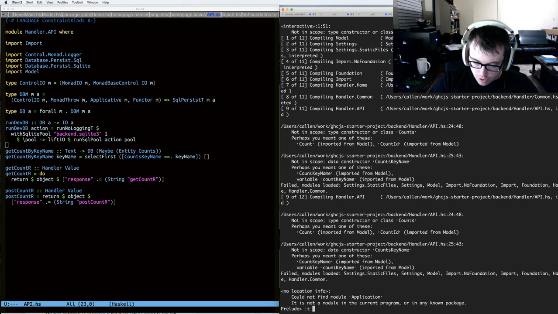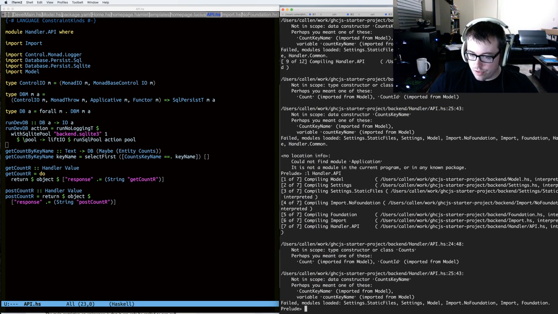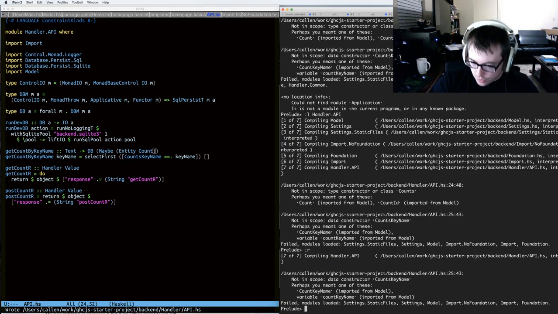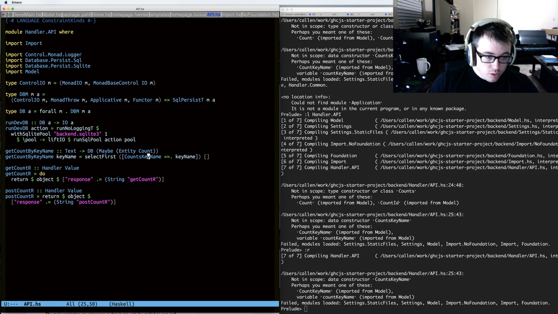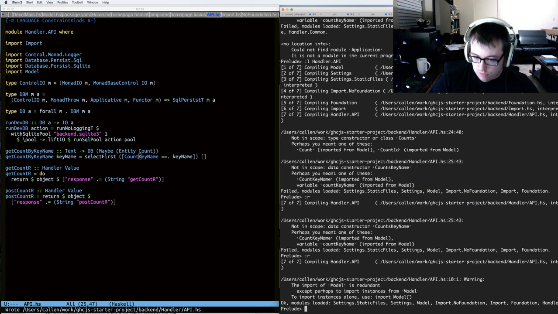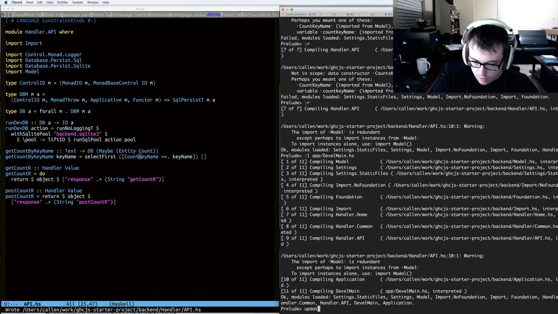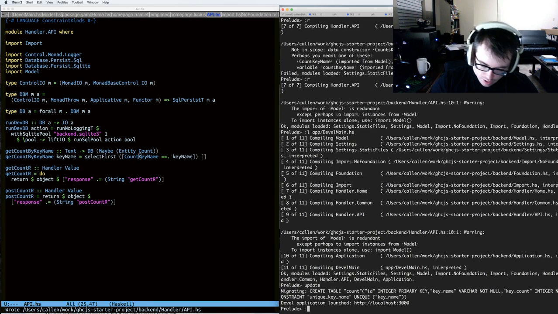Oh yeah, chat was talking about how to just construct keys out of nowhere. Let me fix the type here. There we go. Counts key name. Nope, it's just going to be Count now. And then app, devel main, update, database migrated, reload Handler.Api,